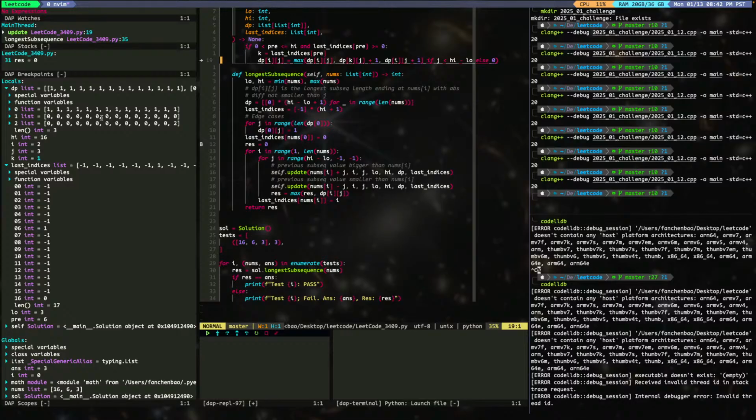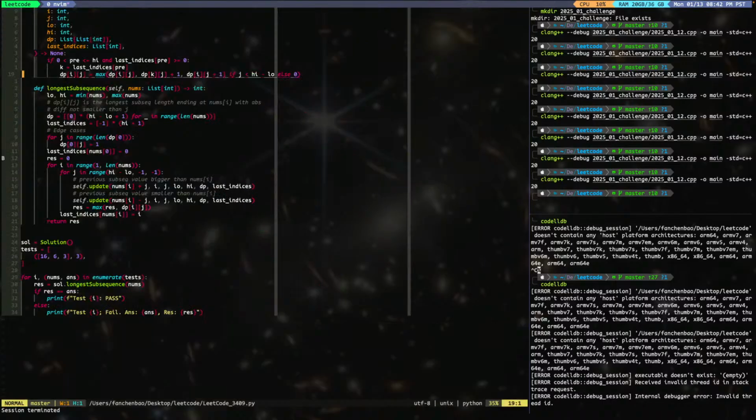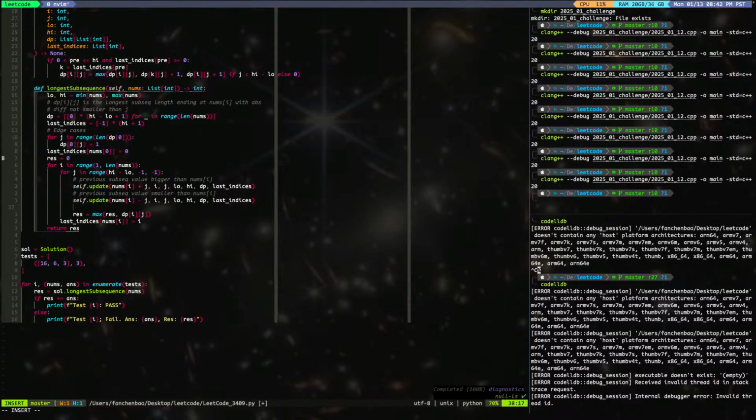I see what is wrong. It has to be a suffix max, but you're not doing a suffix max. You basically get the dp value, right? You get the value and you do that, but you also need to say